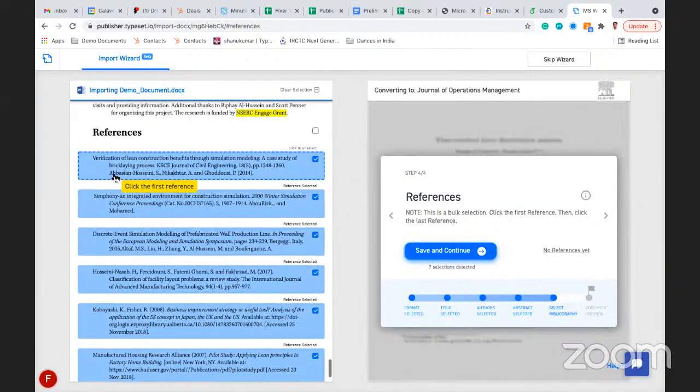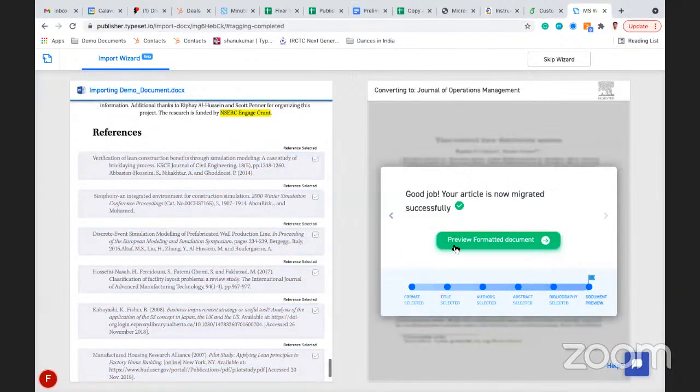So while selecting the reference, you can actually see here that the name of the author is jumbled up, right? So even in cases where the author name is jumbled up or there's some erroneous information, the software is actually integrated with Crossref, which is one of the largest databases of references. So if there's any mistake or any erroneous information, the software can go ahead and automatically correct it as well. So once I selected the references, you click Save and Continue,